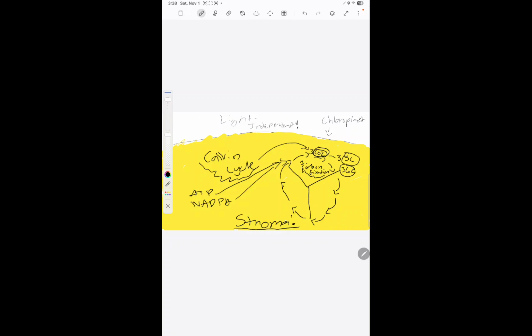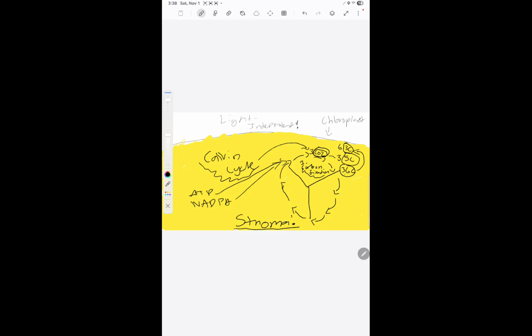However, this is unstable, so we're just gonna flip it to make it stable. So this will become 6C. There you go. So we're just gonna try to make it stable by turning it into 2 3-carbon